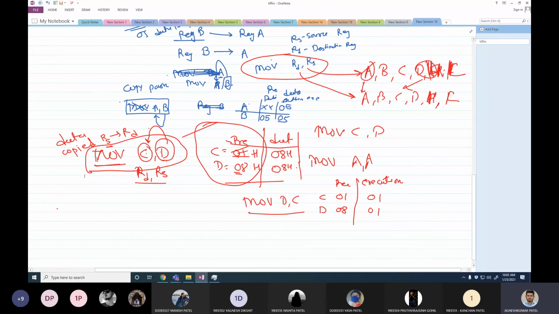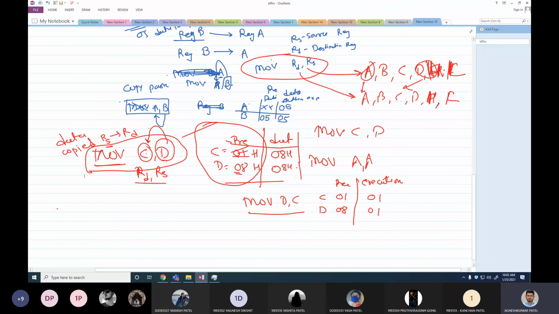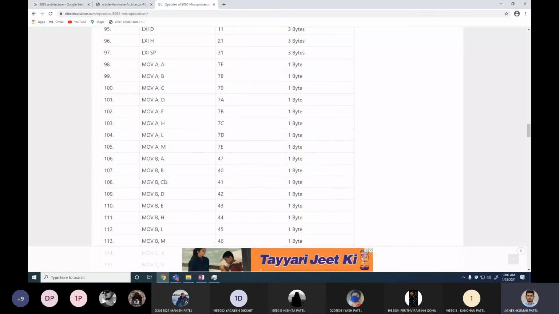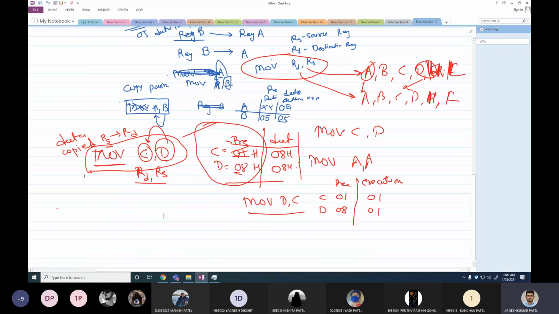I am going to write a hex code, and I'll get that hex code from this table. For move C comma D, I have to write this number, 4A. If I write 4A here, automatically this task will be done.